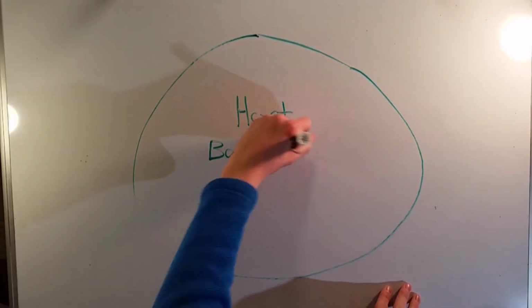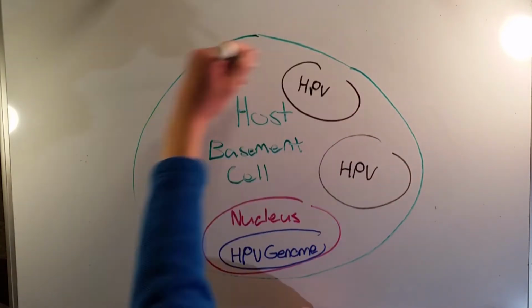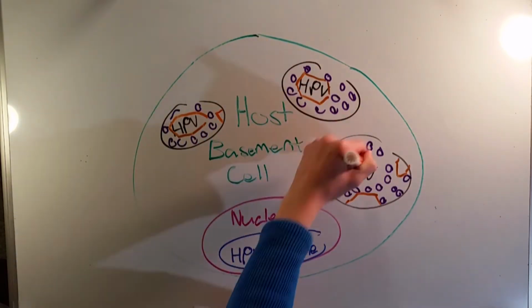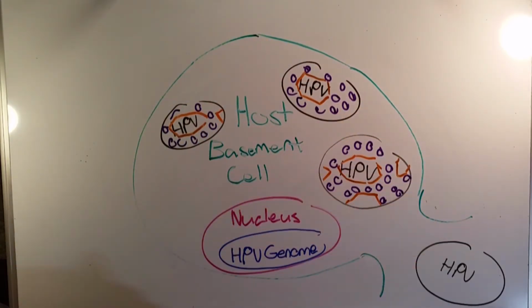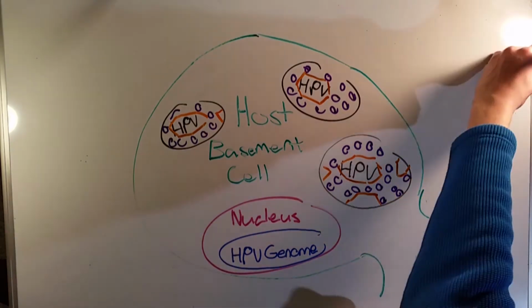The HPV virus begins to assemble itself with parts made by the host cell, and once there are too many HPV virus cells within the host cell, the cell explodes, releasing many HPV viruses, which will repeat the